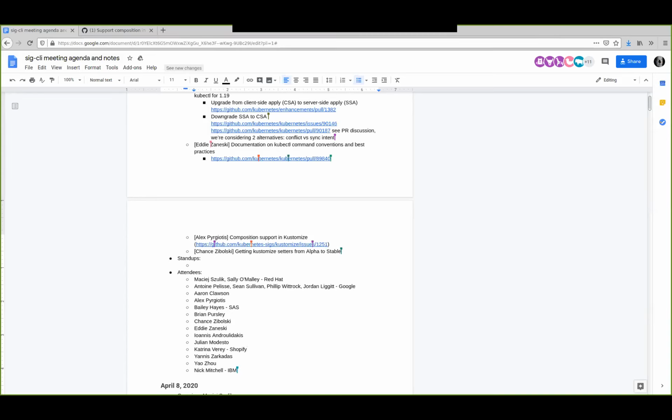The problem is that when we have two overlays and we compose them, the same base is multiplied by as many times as you have overlays. It's replicated, to say it better. So there's not just one key that the overlays will point to. There are two keys now, and Customize can't handle this.